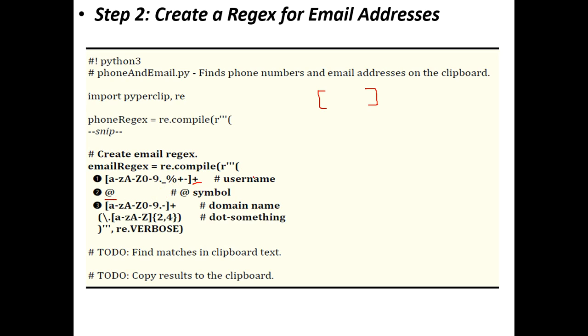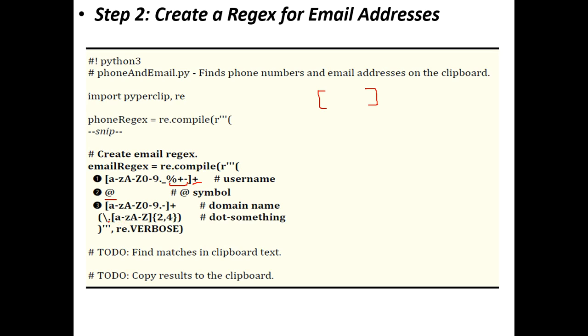Again, the @ symbol is followed by the domain name. Compared to the username, in a domain name we have made some restrictions. It is not possible to use these symbols: percentage and plus are not allowed here. Apart from that, we can use lowercase letters, uppercase letters, digits, and dot and hyphen are allowed in the domain name. Finally, in the end, we can again use a dot.